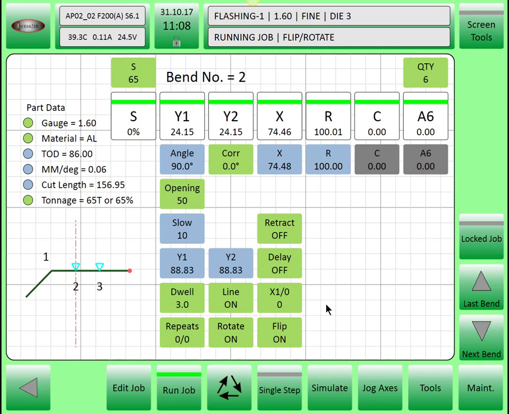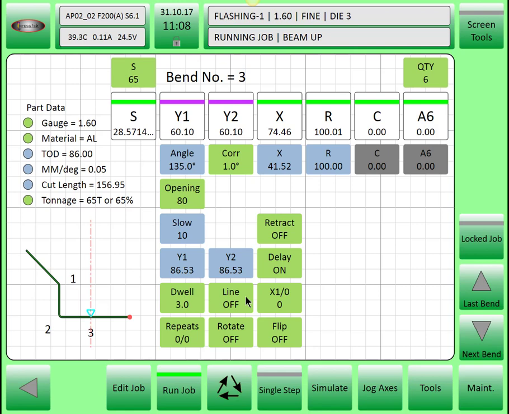Once again, we're going to come down, and we should stop just above the material and wait until we manually align the material with the tip of the top tool. Okay, we've stopped and we're lining up, and now we can go back down again to the bottom limit, going back up. Executing bend number 3, you come down,